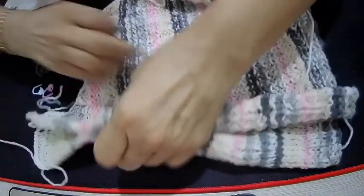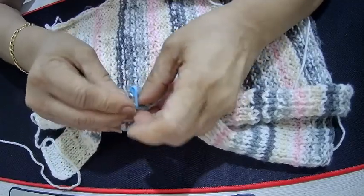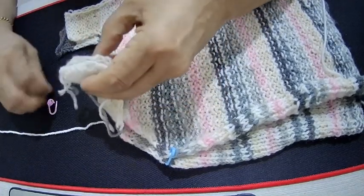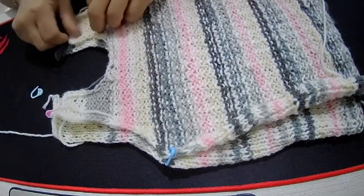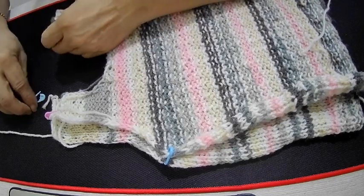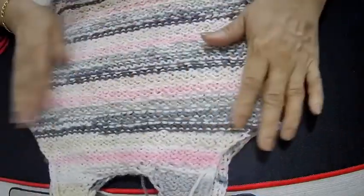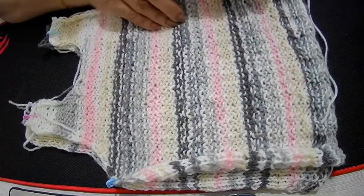I stitch mark these. I'll do the same for this, the shoulders, and this shoulder, and you will seam, and this little sweater top is ready